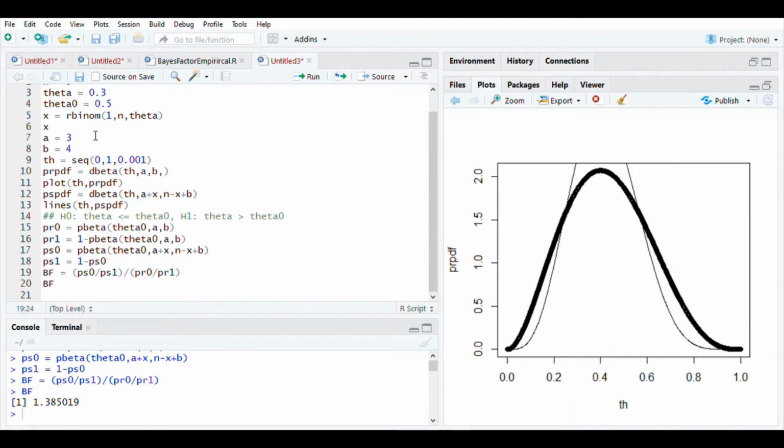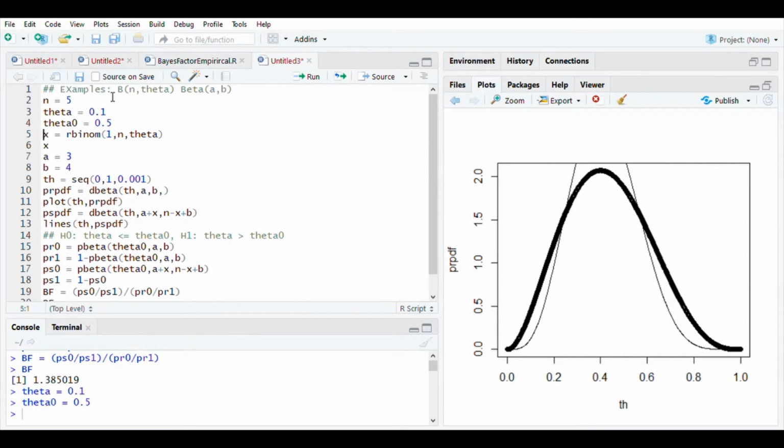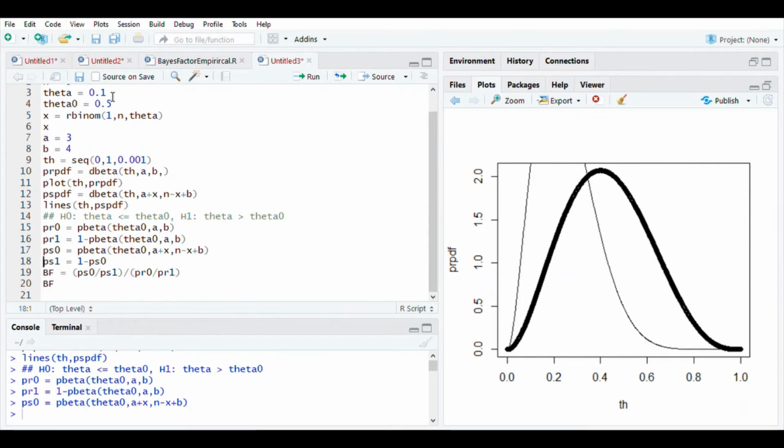Okay, so now let us see if I change it to say 0.1. Let us see what happens. Okay, so now see, the moment I changed it to 0.1, the Bayes factor has increased clearly. It is more than 6, meaning you are not going to reject the null hypothesis at all here. In fact, you are going to accept the null hypothesis. So that is what was expected to happen. Okay, so now let us try to repeat the story for the second example.